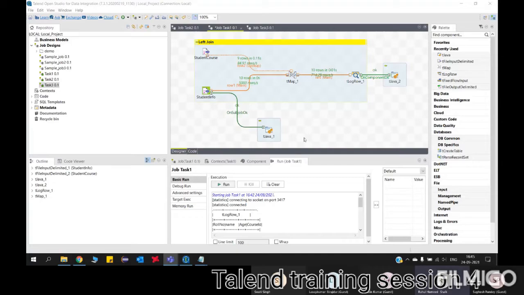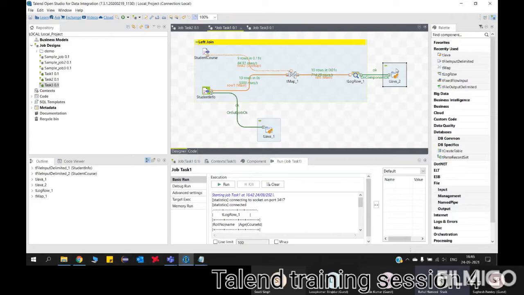Can you click on the first subjob? Left outer join one is the gray color part. Click on the gray color part. So this gray color part is one subjob. And the next tjava 2 component, if you have not connected it with on component OK, but connected those two with on subjob OK, those two will act as two different subjobs.